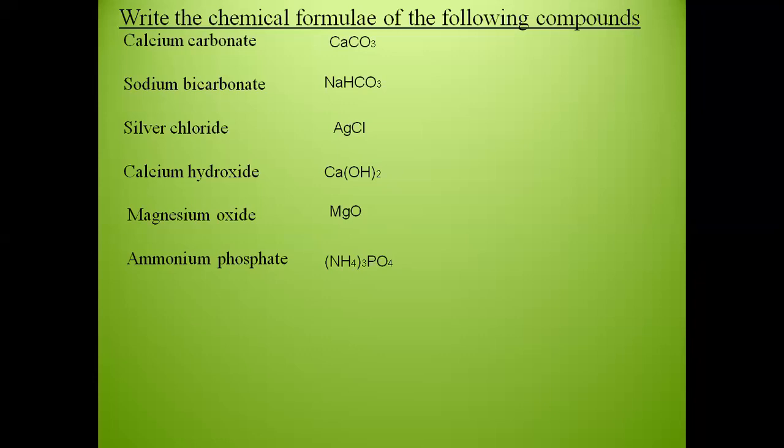The numbers which are involved in the formula, like you can see for sodium bicarbonate, I did not say it is NaHCO thrice. I did not say the word thrice because it is attached to only one element, which is oxygen, which is 3. So it becomes NaHCO3, whereas ammonium phosphate becomes (NH4) thrice PO4. Do you understand this difference? Why do I sometimes say 3 and why do I sometimes say thrice? I'll say 3 when it is attached to only one element, and I'll use the word twice and thrice when it is outside the brackets.